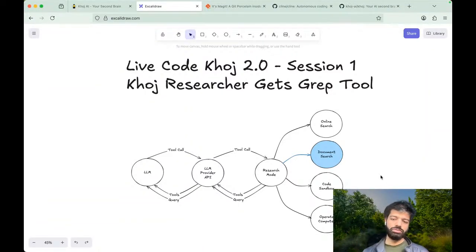The research mode has a bunch of tools available to it. Right now, there's online search. It can look stuff up online. It can do document search. It can run code in a sandbox. And we have an experimental feature, which we will hash out more properly for v2.0, which is that Khoj can operate a computer of its own.